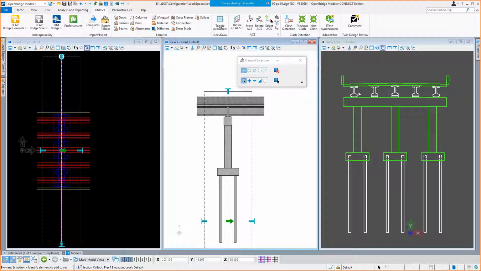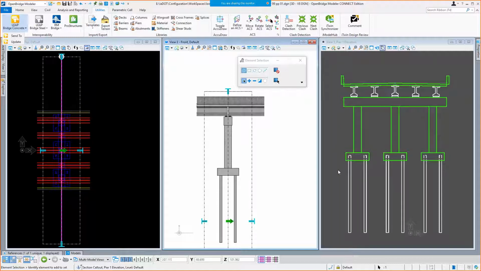In the BIM workflow, again, all your changes are going to be in OpenBridge Modeler here, and then you would update the LEAP model with any geometric changes you make. Whereas in standalone, those changes that are made in the analytic tools can be sent back to here, and that's why we have the update tool. So that way we can keep this 3D physical model and your analytical model synced up with changes you make, like I said, to girders and girder spacings, changes you make to the dimensions on your caps, your columns, your